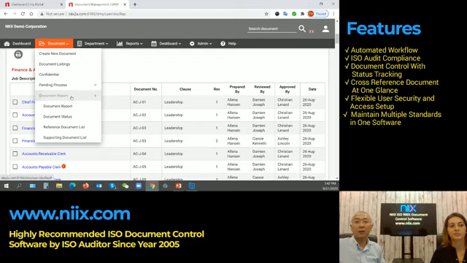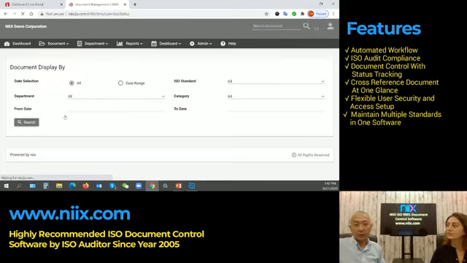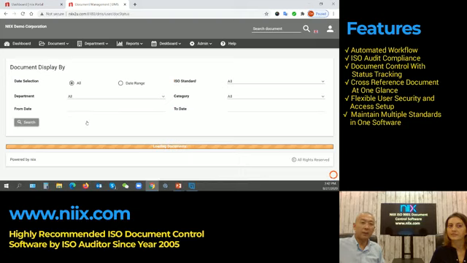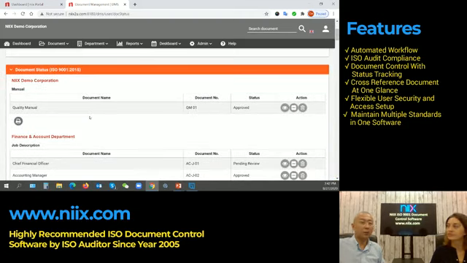And here is the document status. The document status gives you the information like the current status of the document, whether it has been approved or whether it is still pending for review or pending for revision. So every single stage of the document will be displayed here.